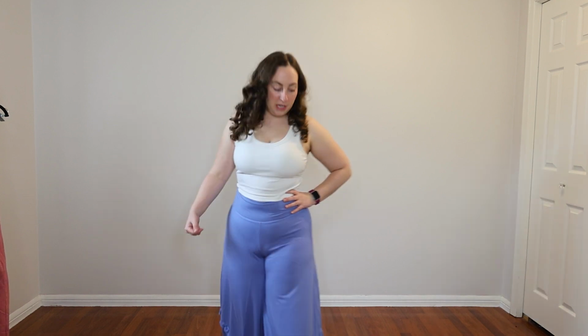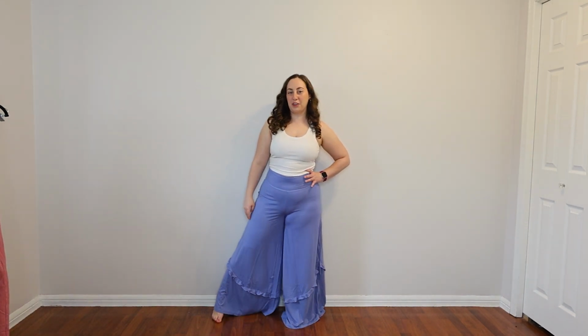But you'll definitely have to let me know how you like these. They're definitely very different than a lot of other pants that I've tried, but I do personally think that they're really cute. And then for the last pair of pants that we have before we move on to a dress,